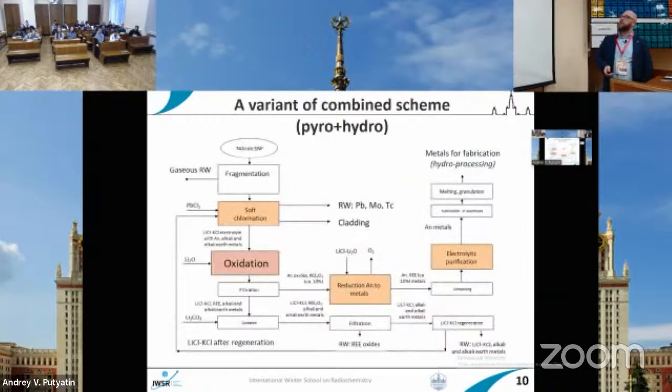And this is a general scheme, one combination of the different processes. This was supposed to be used in a Russian facility. So the first step is the fragmentation of the spent nuclear fuel by chopping or by